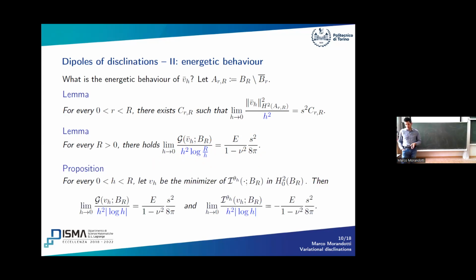And moreover, we can also prove this result. So it's still about scaling. If we consider the space H2_0 and look for minimizers of this energy, the one with the dipole of disclinations in the ball of radius R, then the correct scaling of the elastic energy is h squared log h, and it gives us this contribution. And then if we also add the disclination contribution, theta against v, we get this contribution here. Again, the linear part, the duality of theta against the function, is twice as much as the elastic energy with the opposite sign. So there's a positive sign here and a negative sign there.